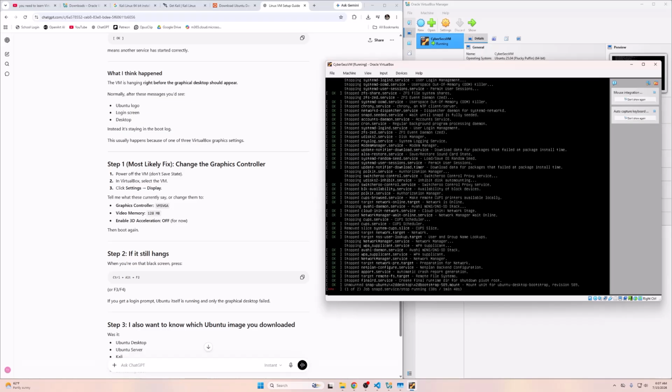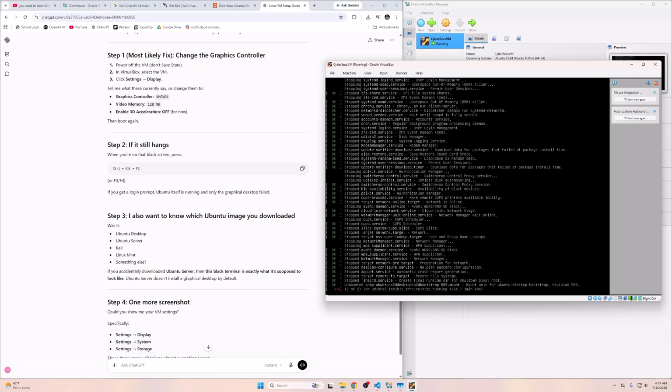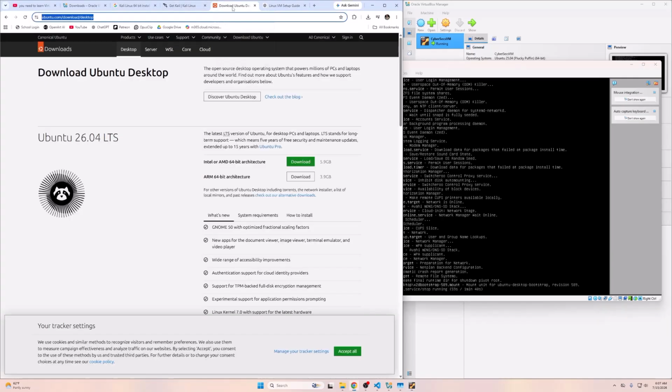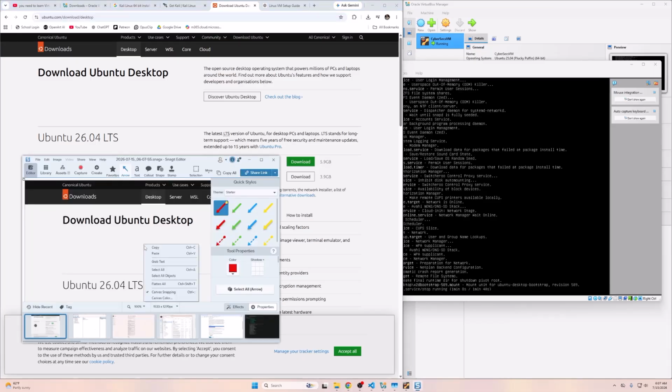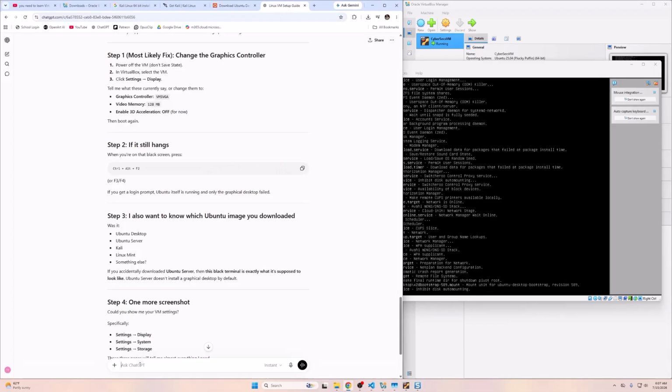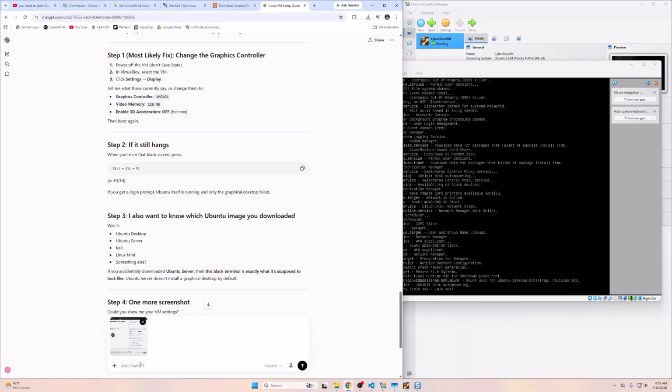Maybe there's still part of the install going. I don't know. So we're at 40 seconds out of 1 minute and 40 seconds. I don't know what's going on with that. Let's see. It wants to know what Ubuntu we did. We'll just go ahead and capture that. Copy. Oh, there we go. This is where I got